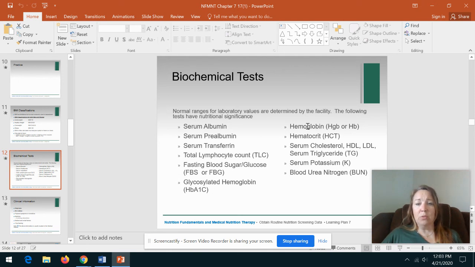Then we're going to move up to what we'll oftentimes abbreviate as the H&H, hemoglobin and hematocrit. These are lab values that we often use to assess someone's iron status. So hemoglobin and hematocrit, make sure you're looking at the normal numbers for male and female as they're